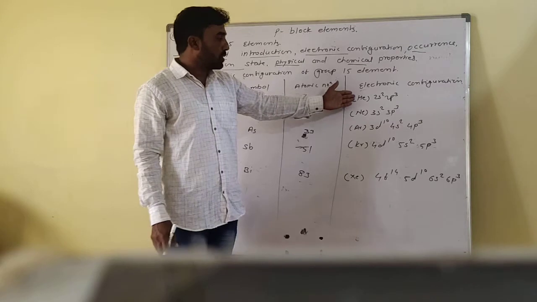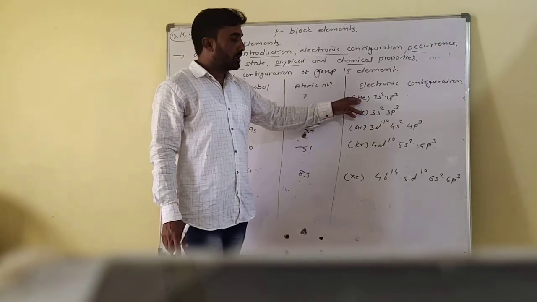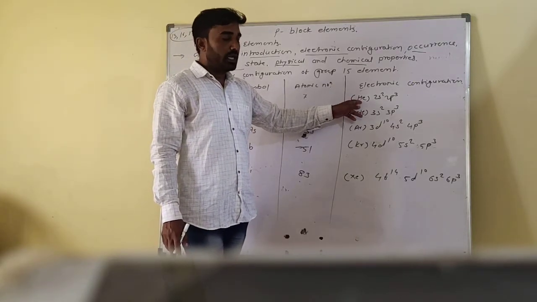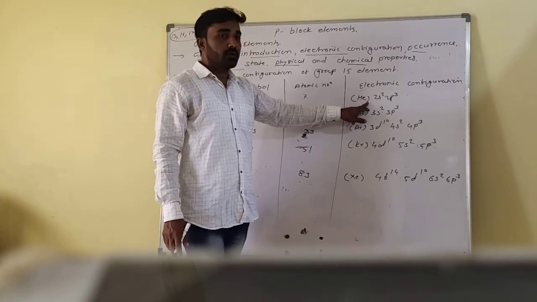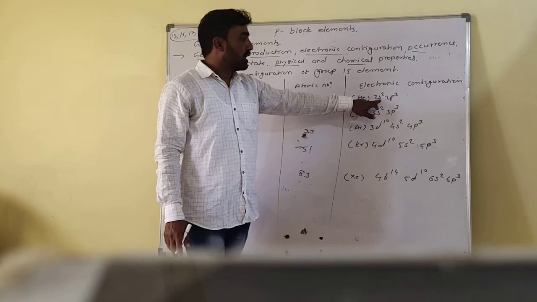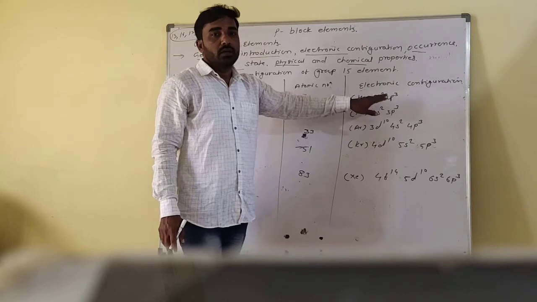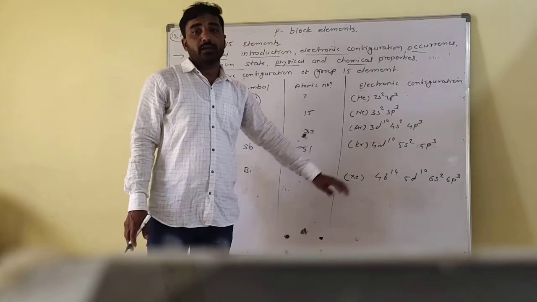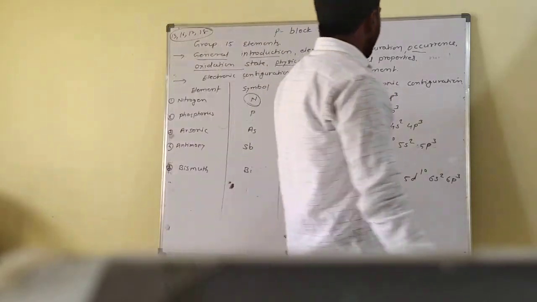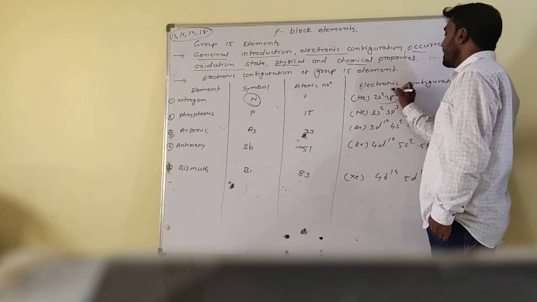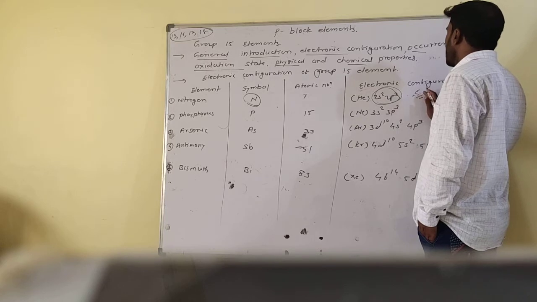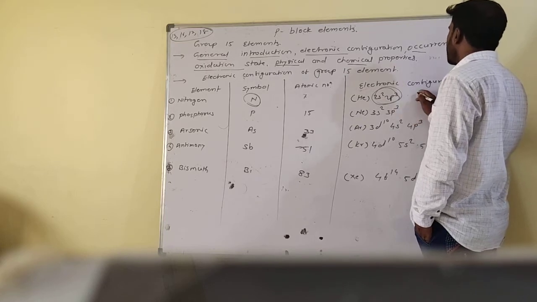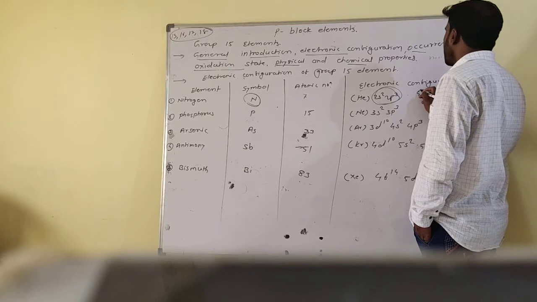So these are the short notes. Helium is denoted by its atomic number; helium, neon, argon, krypton, xenon are stable noble gas electronic configurations. The other elements have the configuration 2s2, 2p3. So group 15 elements have 5 valence electrons, and the general oxidation state of group 15 elements is 5.